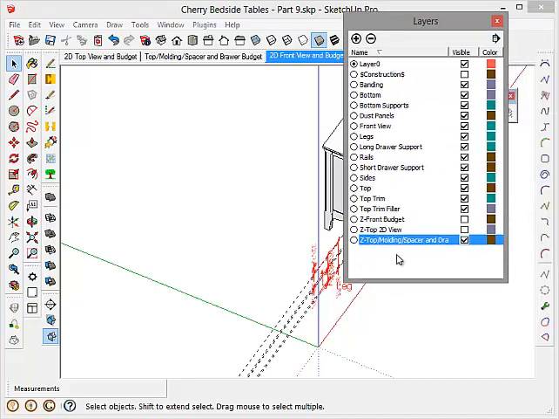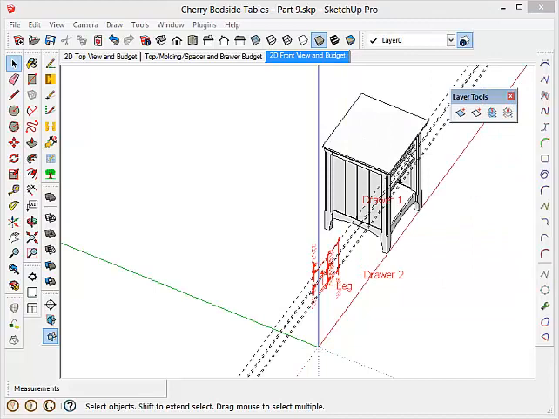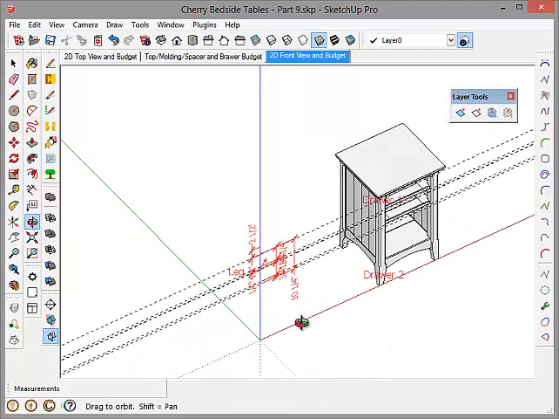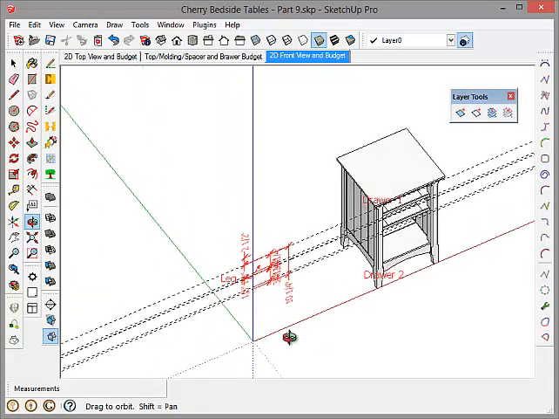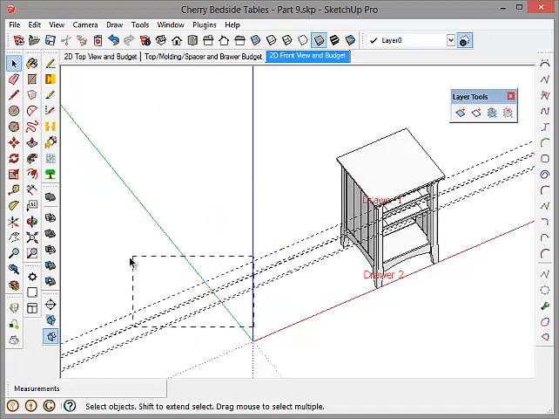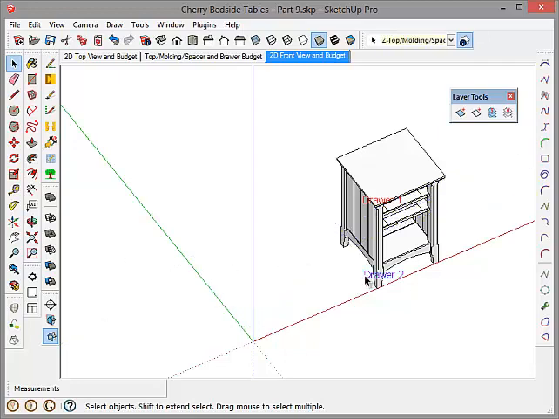All of these were on the Z front, Z top, and Z top molding layers. And let me see if I can move this around so I can get it easily. Okay,